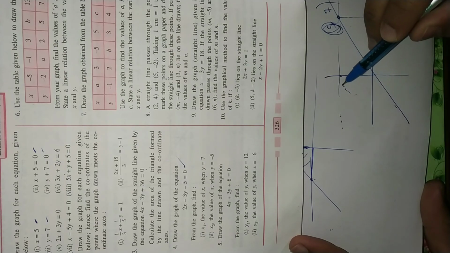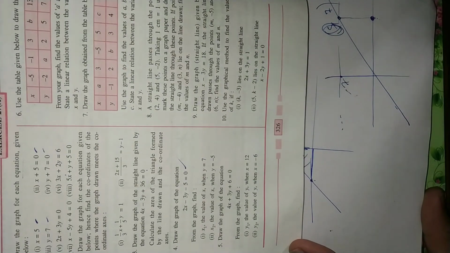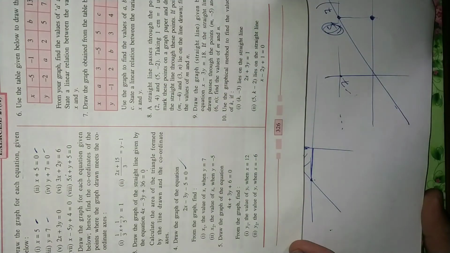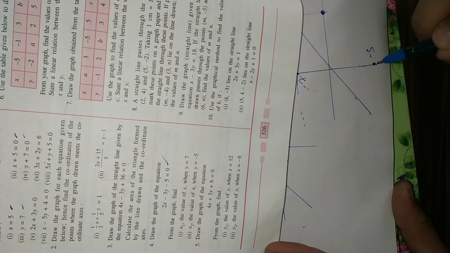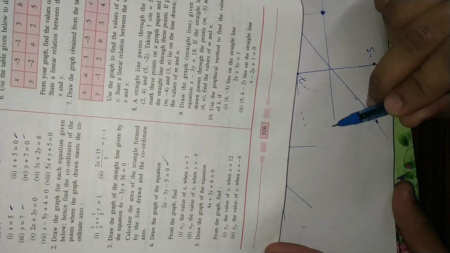Whichever line you have plotted, you have to check where y is 7. That will be corresponding to this point where y is 7. Then you have to check the value of x here also. That will be your answer. Same way for y is equal to -5. That will be downside. So when y is -5, along this point just check the value on the x-axis. That will be your answer.